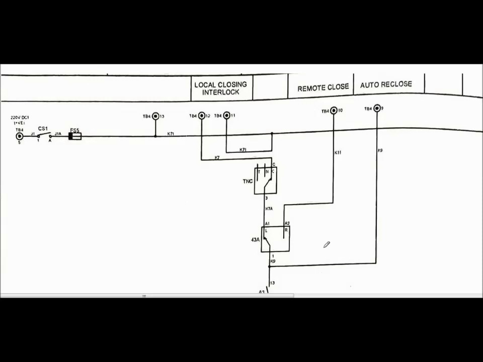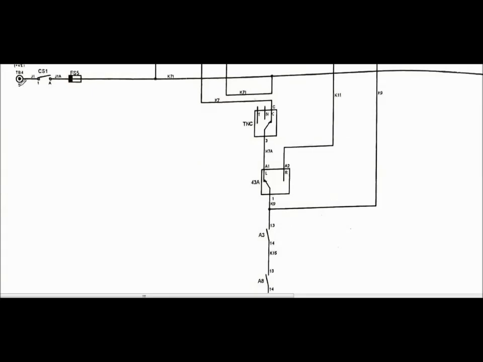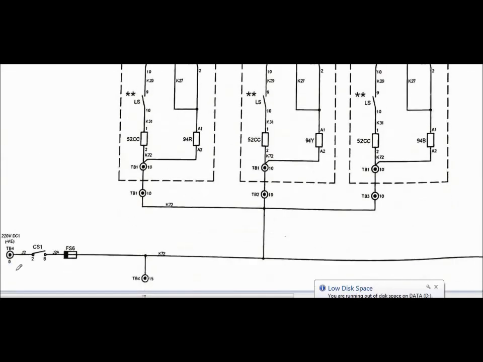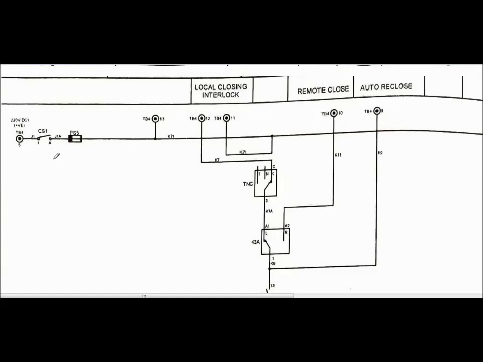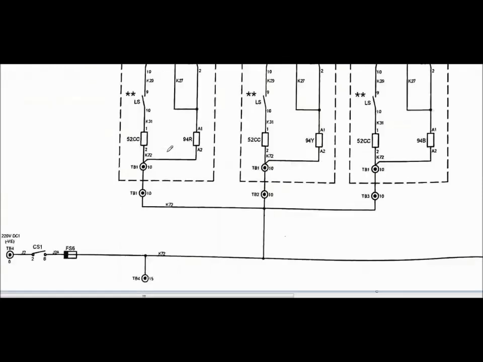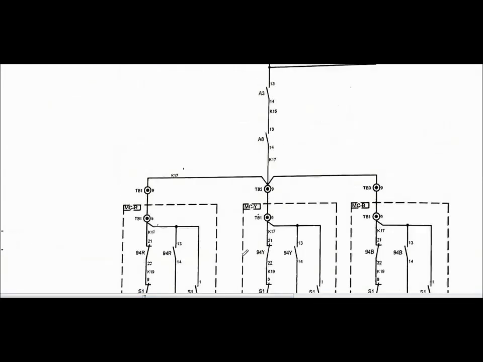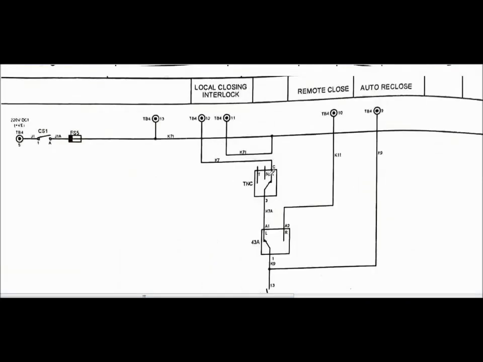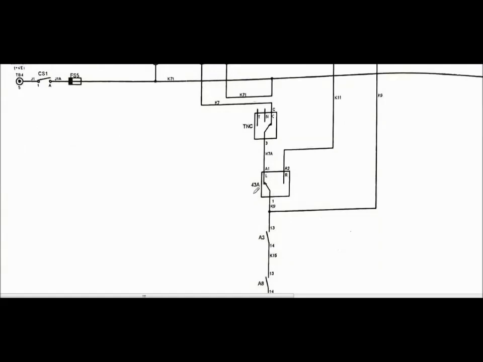The DC is given in the TB4 5 and TB4 6. There exists an MCB, that is CS1. Whenever we switch on this MCB, the DC will go through to this K71 bus and K72 bus. Now you can see that there exists a trip neutral close switch in the closing path, and 43A is the